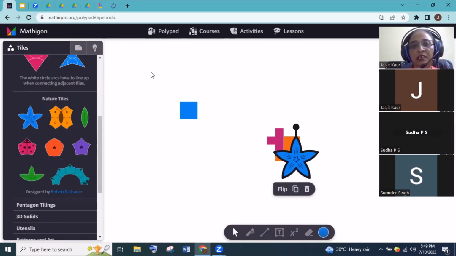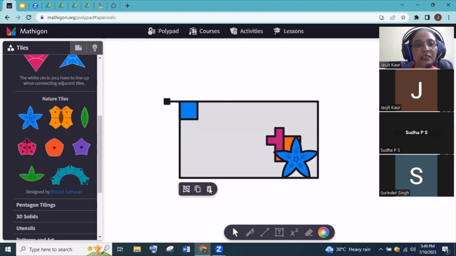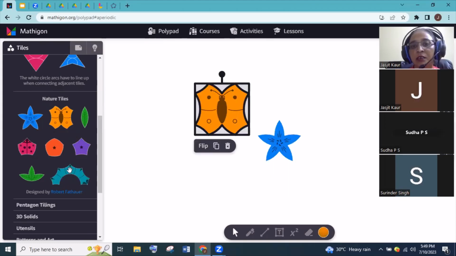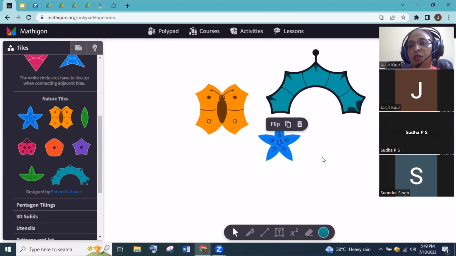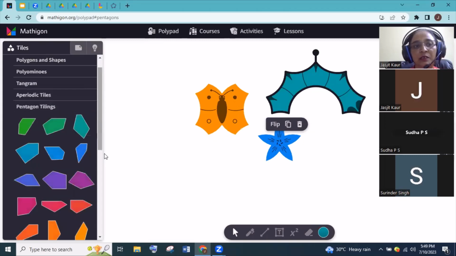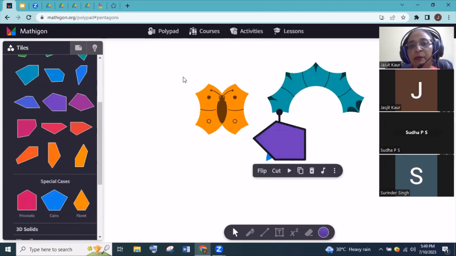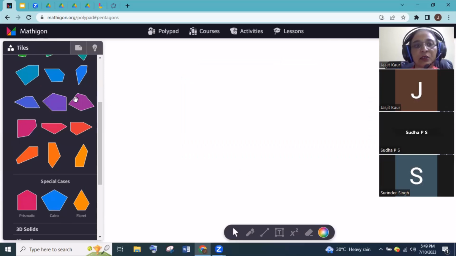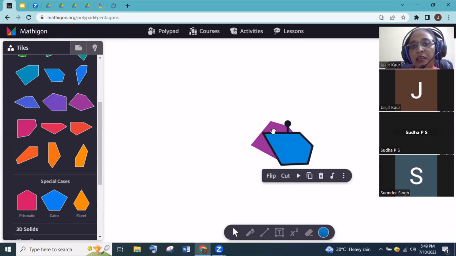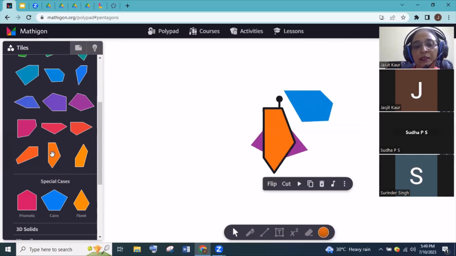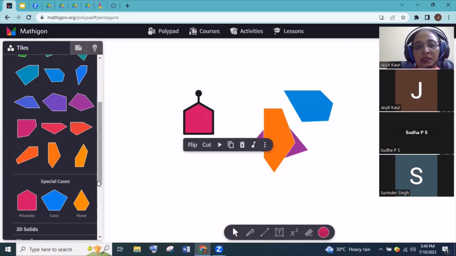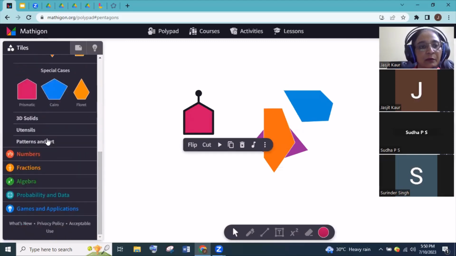Now from this, we can let the child create their own sceneries. Let them explain with the concepts how we can go for real life, which shape is required, what exactly is going there. You can give them the understanding of the concept of the pentagon. We know that pentagons are polygons with all straight sides. So pentagons are of different types. Just see different ways of making pentagons. We have special cases for the pentagon also. So in this way, students can understand the concepts in different manners.